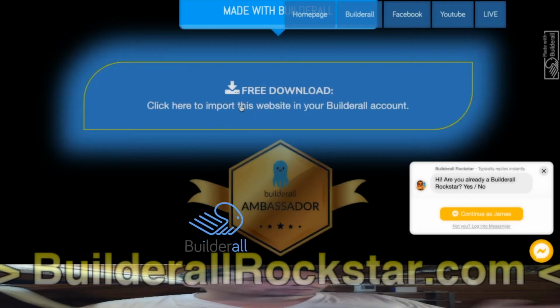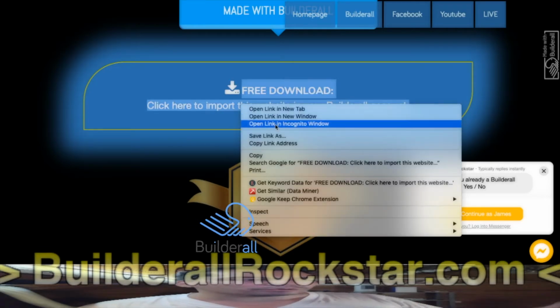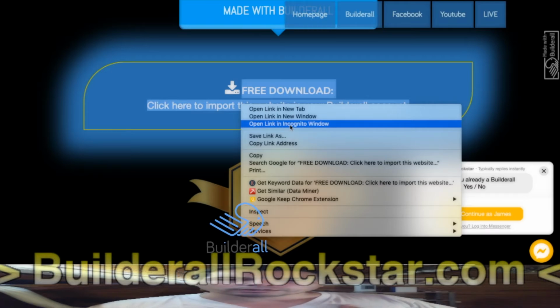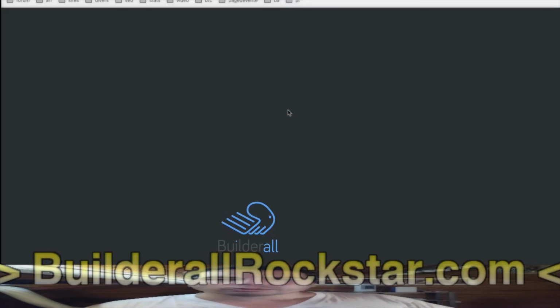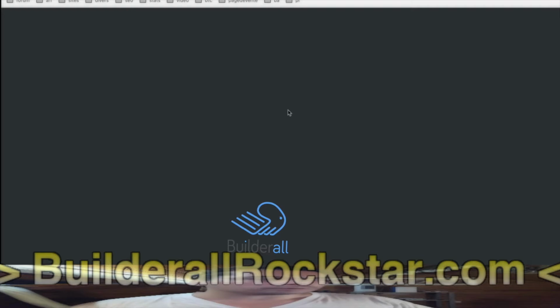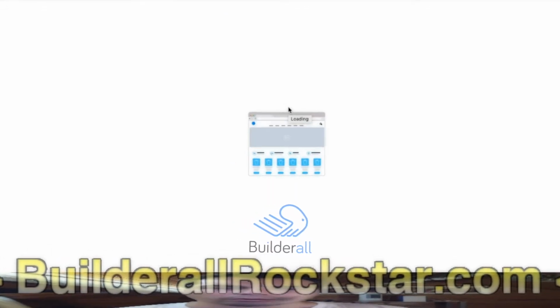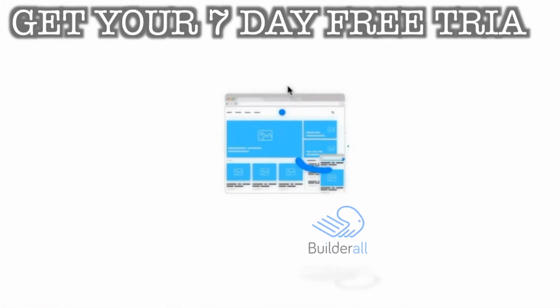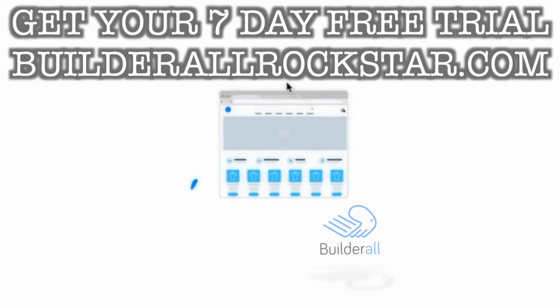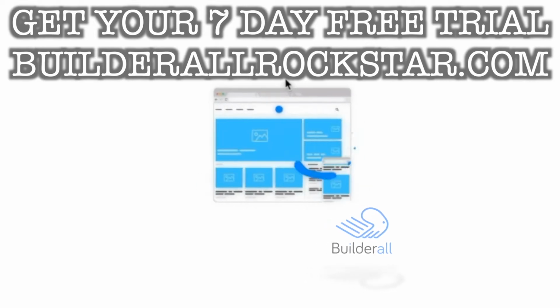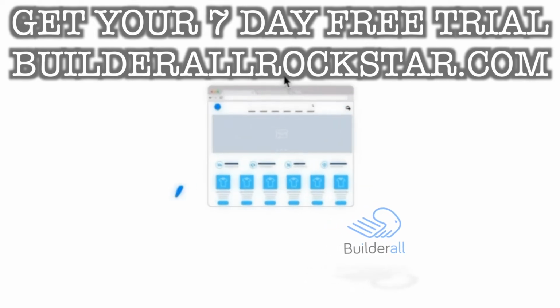So let's see what it does. I open in an incognito window. So in this window, I am not connected to my Builderall account, just to show you what it does. This link just opens Pixel Perfect with my website inside. So the visitor can use Pixel Perfect, change the page, just experience Pixel Perfect, and he can also save this